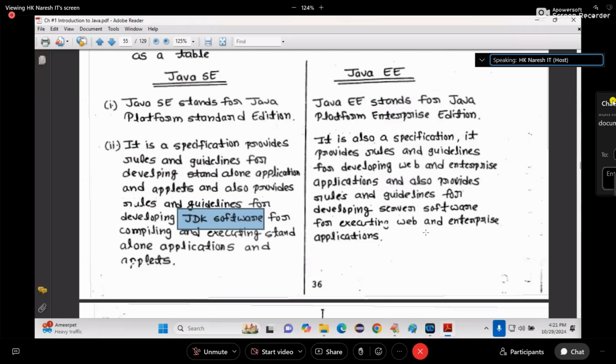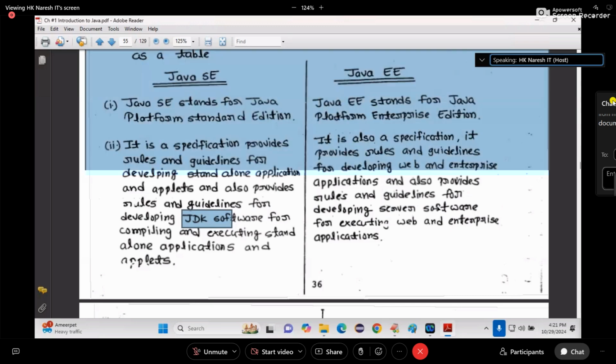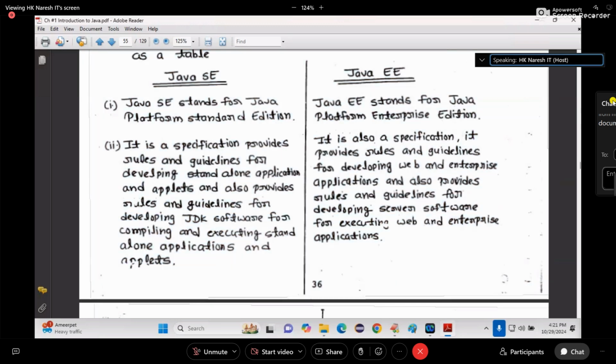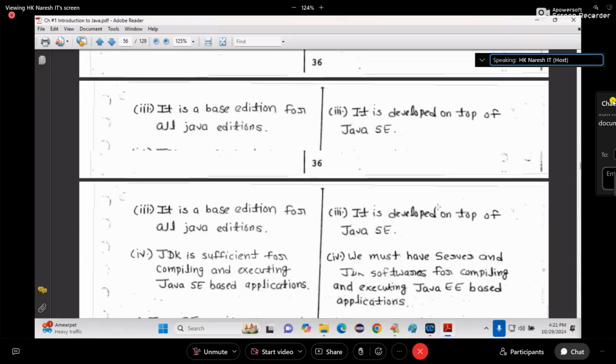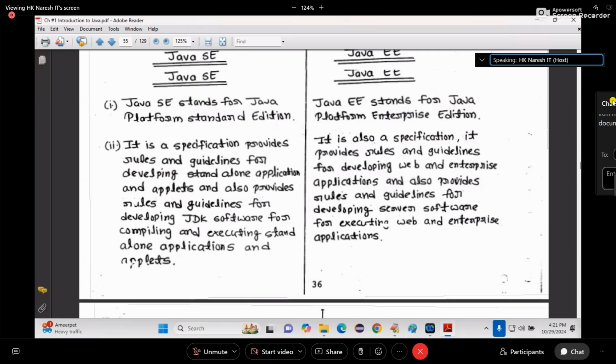Who will provide those extra connections to the network? Server software. So server software is responsible only for running Java EE applications. But who will compile? JDK only will compile. Understand? Write down first those 2 points. We have 5 to 6 points in total. Spend one complete page. Don't write half there, half here. If you are in the middle of a page, leave it and go to a new page. All 6 points should come fully in one page.